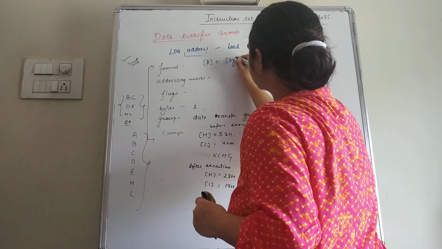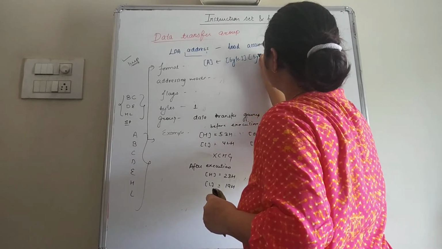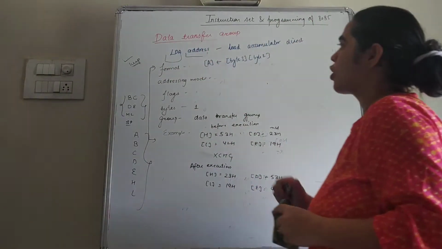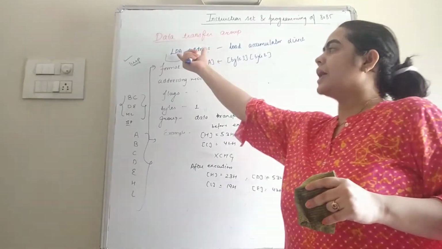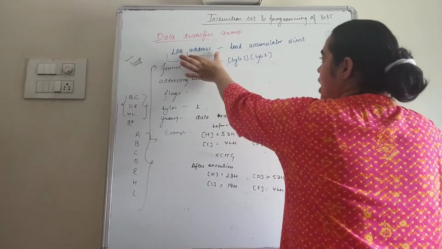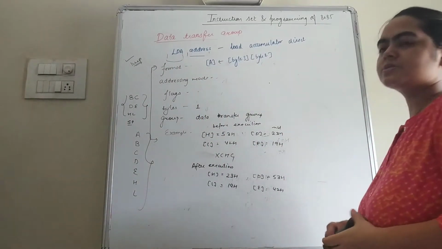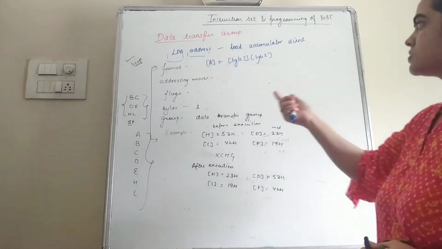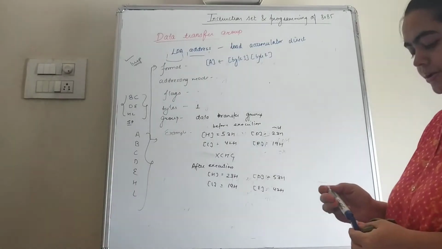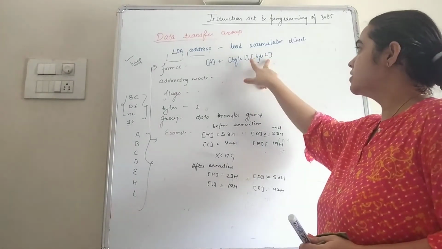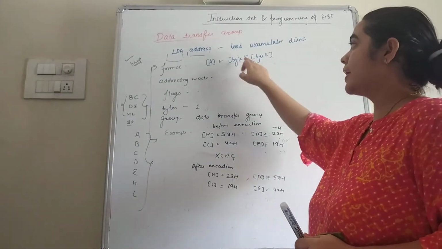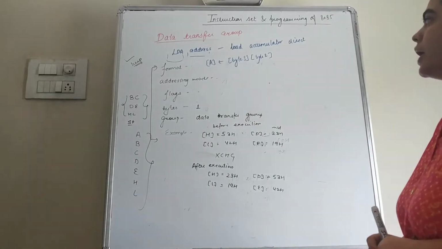We can write the contents of the address as byte 3 and byte 2. Why, students? Because this is byte 1 of the instruction and the address will occupy the second and third bytes. So this instruction is of 3 bytes. Out of 3 bytes, one is used by the opcode and the remaining 2 bytes are used by the address, because the address is 16 bit, which will occupy 2 bytes of memory. The value present in the address given by the second and third bytes will be loaded into the accumulator.